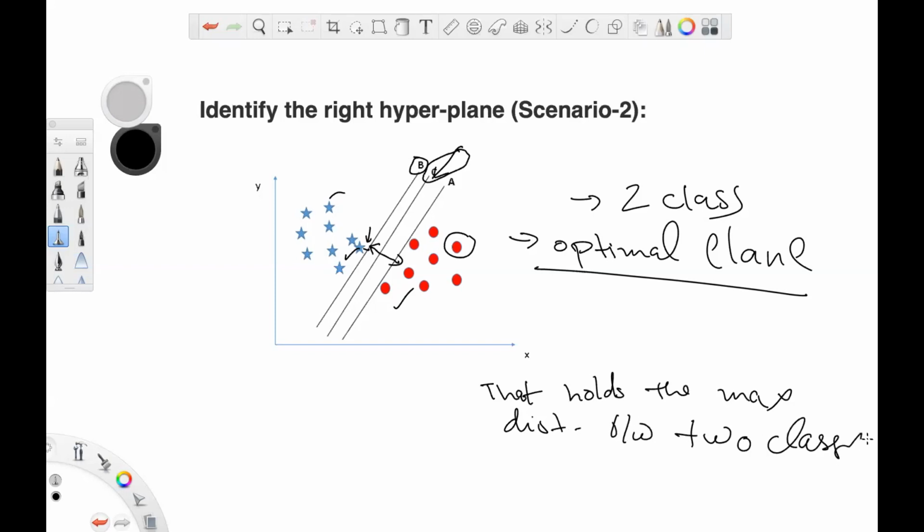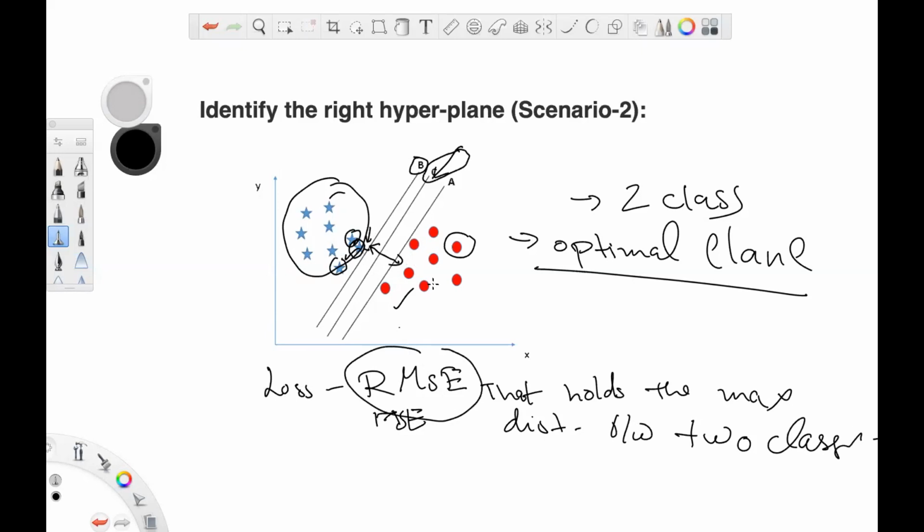Now one thing, guys, you will ask how does the distance work? Is the distance taken from only one single point, or from three points, or from all the points? I hope you have studied a little bit about this loss function, which is RMSE or MSE, right? Basically the whole idea of RMSE and MSE is you sum up all the distances, right? Here also and here also. So that is what we are calling the distance.